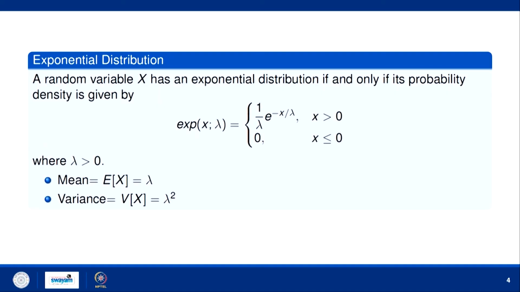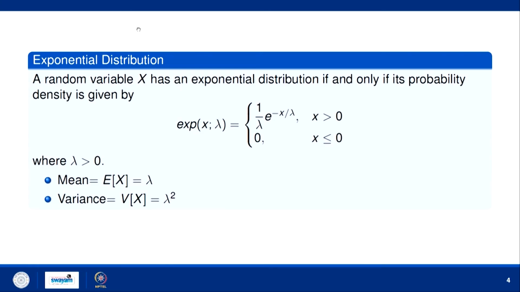Now, next is the exponential distribution. So, how do we define the exponential distribution? It is also a continuous distribution function and its probability density is given by 1 upon lambda e raised to the power minus x by lambda when x is greater than 0, and 0 otherwise. This lambda is a parameter which is always greater than 0, and the mean and variance of this distribution are given by lambda and lambda square respectively. So, let us quickly see, first of all we will check that it is a distribution function and then we will compute its mean and variance